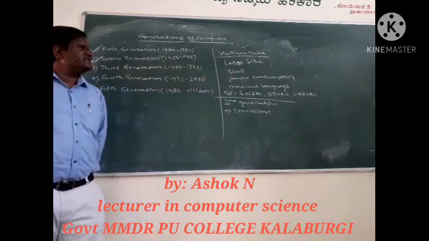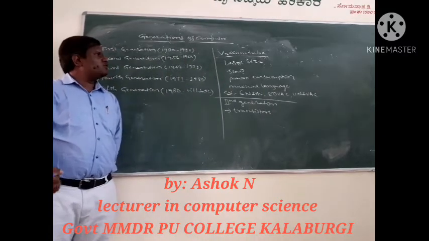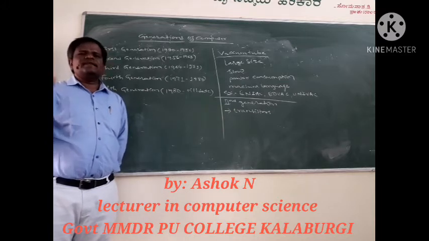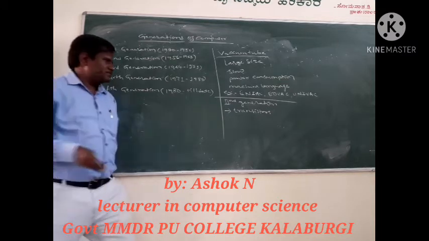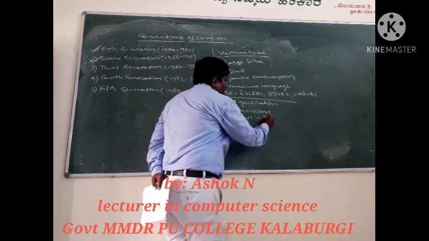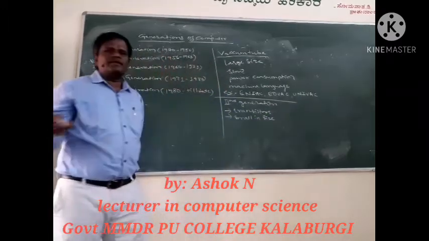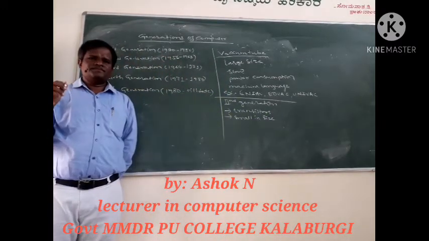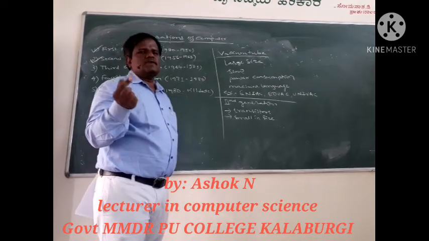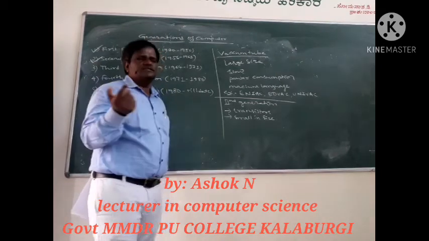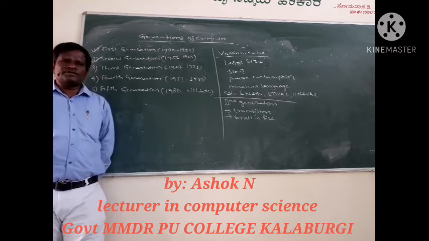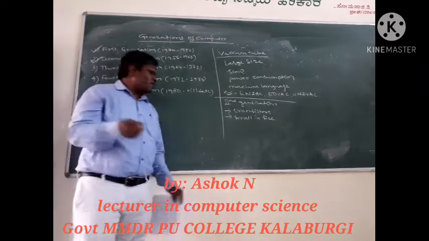So transistor is very small in size, therefore the size of the second generation computer becomes very less compared to the first generation computer. So it is small in size, and one transistor is equivalent of the thousands of vacuum tubes. So the one small transistor size is approximately 1 inch. The vacuum tube is approximately 1 feet to 2 feet. So the second generation computer, the size is very small.